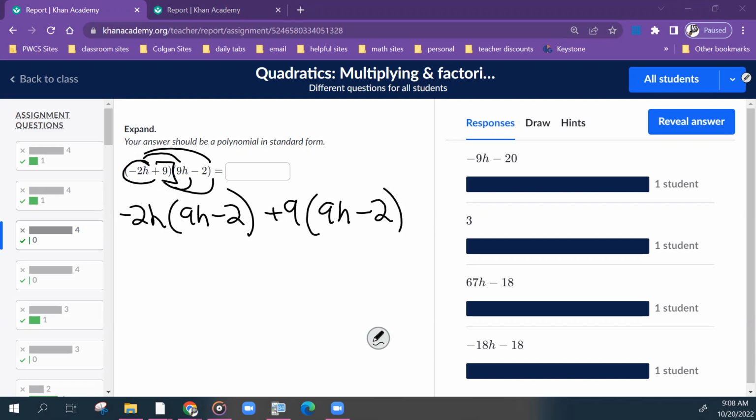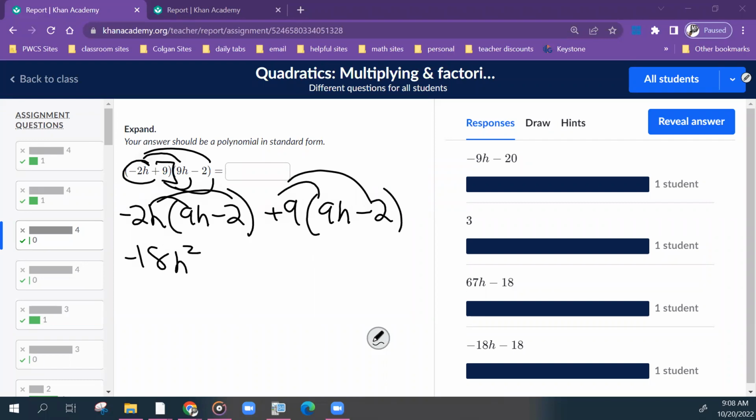So the exact same thing we were doing for the radicals when we had two sets of parentheses. Take the first term multiplied to everything in the second set of parentheses, the second term multiplied to everything in the second set of parentheses, and distribute. But you also have to be careful of your exponent rules. Here we have negative 2 times 9, which would give us negative 18. But h times h, we have like bases that we're multiplying. So we're doing what with the exponents? Adding. So this would be 1 plus 1 to give us 2, h squared.